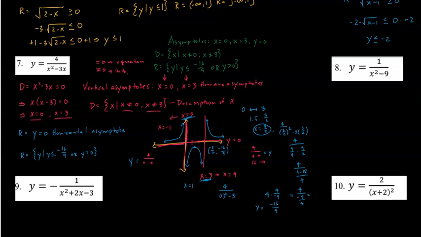Okay, if I put this as interval notation, it is going to be negative infinity to 0, doesn't include 0, and then 0 to 3, and 3 to positive infinity. For the range, it is going to be negative infinity to negative 16/9, and then it starts at 0 and goes to positive infinity. Notice that it doesn't have that bit in the middle. Okay, this little bit right here,